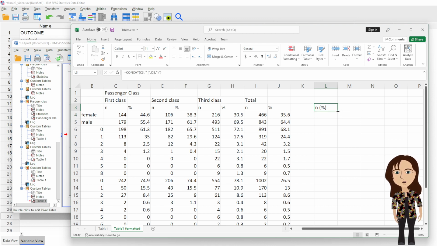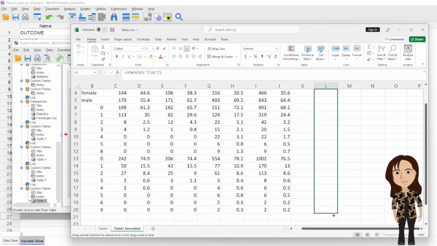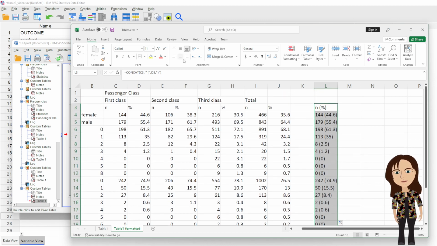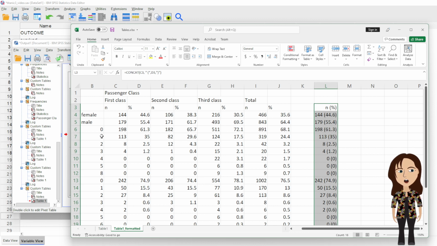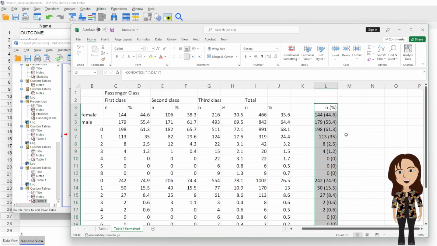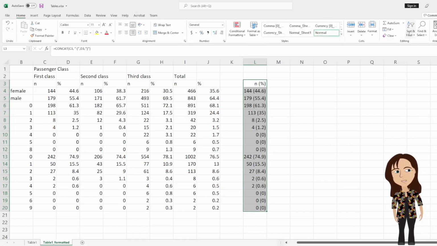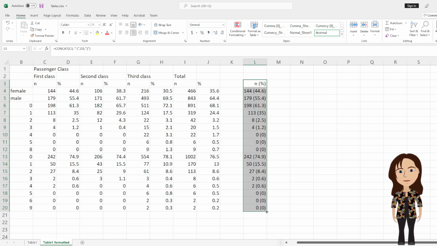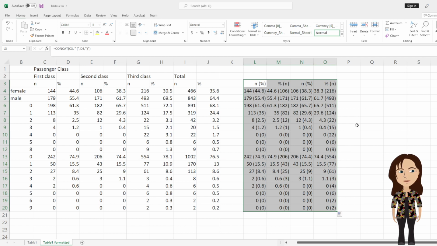I don't need to write that out every time. I can just drag that down, and then it has formatted this for me. So depending on what you want to do, that may be an option for you. It can be a little bit fiddly when you try to go across the rows. So if I extend this out for the rest of them,